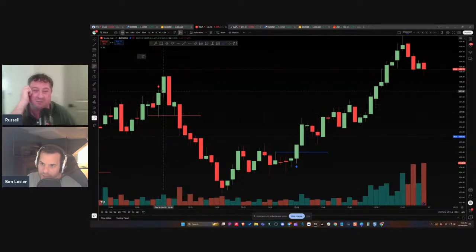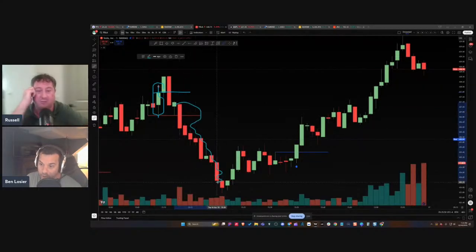It initially broke it right here, and it did come back. So it actually would have stopped you out if you're having that tight stop loss. It could have gotten stopped out there if you got in this candle. However, I don't like saying, oh, well, if you did this, you did that. It did do what it was supposed to, and it did actually break that. When it did break it here, it had some strong candles, 1, 2, 3, 4, 5, pretty much 8, 9 candles in a row of just a strong downward move. But again, minute charts are kind of a little bit crazy to me sometimes.